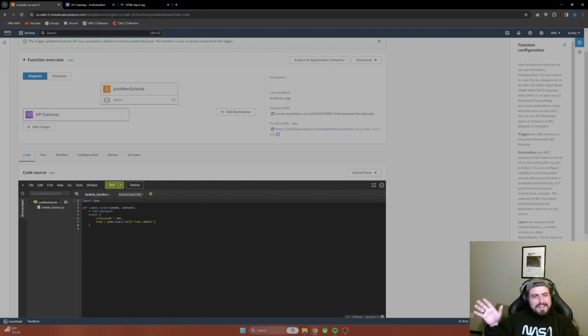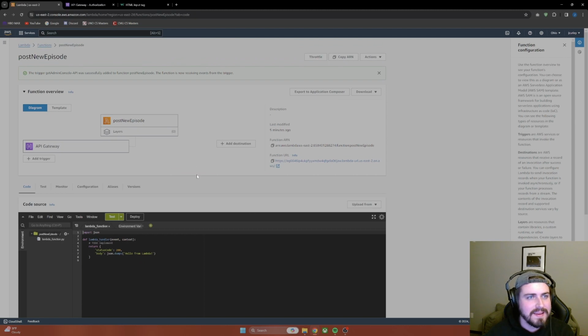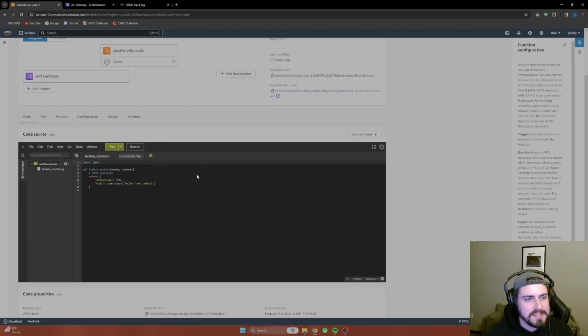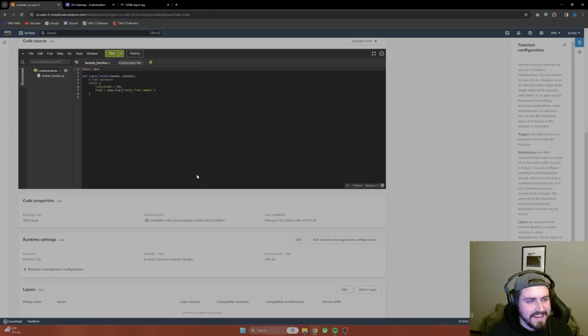If I can in the HTML file just send back a request to this endpoint, will the authentication details come with it? I don't know. I have no idea if that will happen. Shoot. Because that would suck